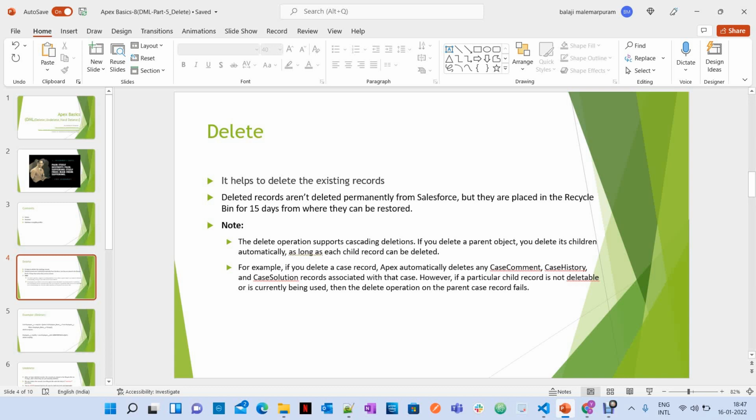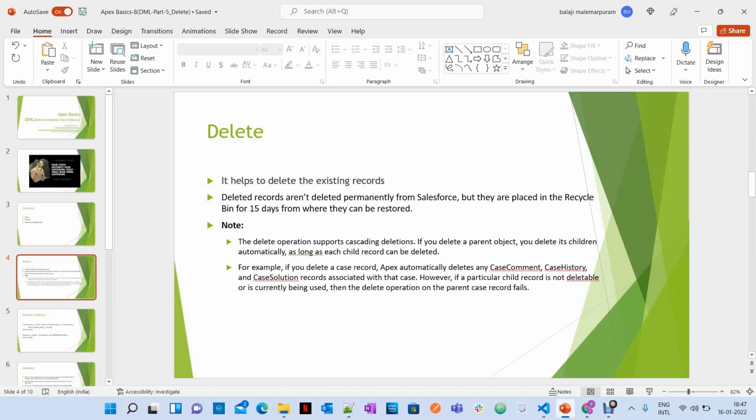Anyway, it's based on the situation. You may have a problem while deleting the records. It may be because of cascading deletion, it may be something else, or it may be a restriction on child records when you have a master-detail relationship between parent and child. But you always need to take the decision based on your requirement.